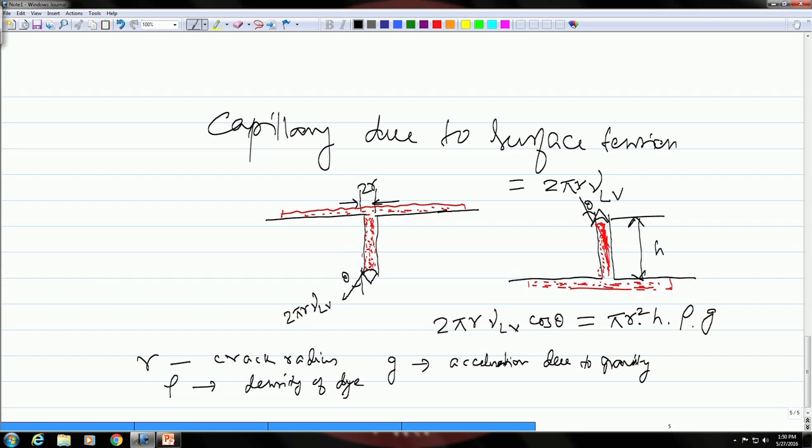From here you would be able to derive up to what depth the liquid can penetrate, depending on the size of the crack and the density of the dye. So, if you see from here, this will be your h. So, h is equal to